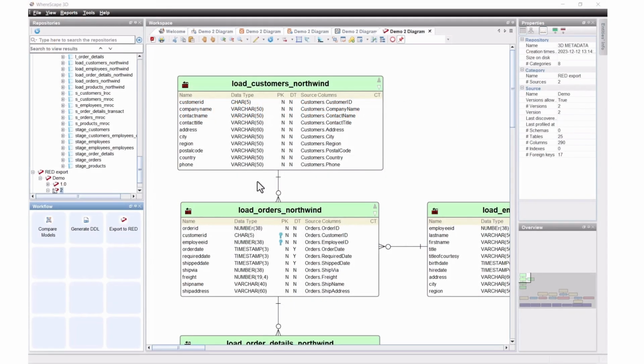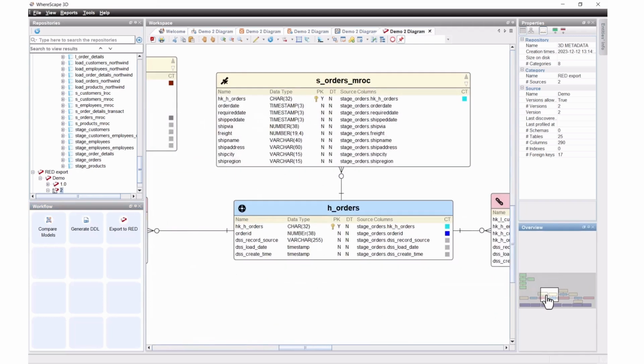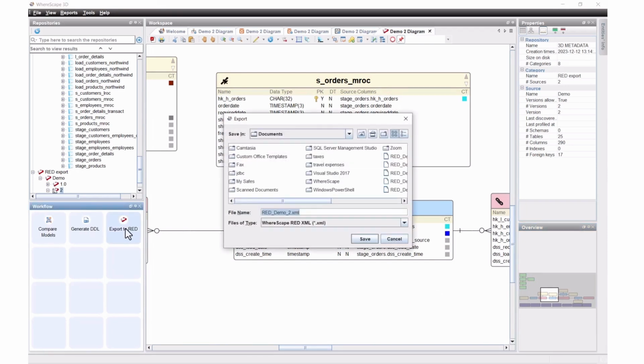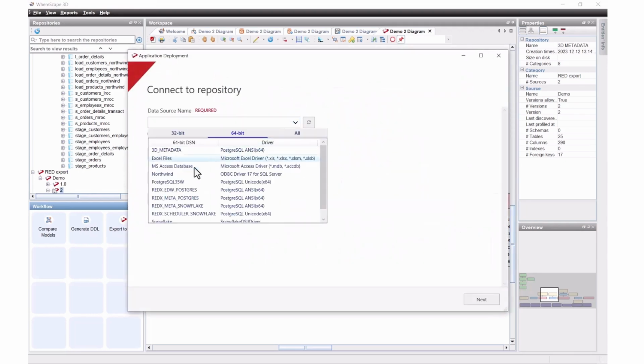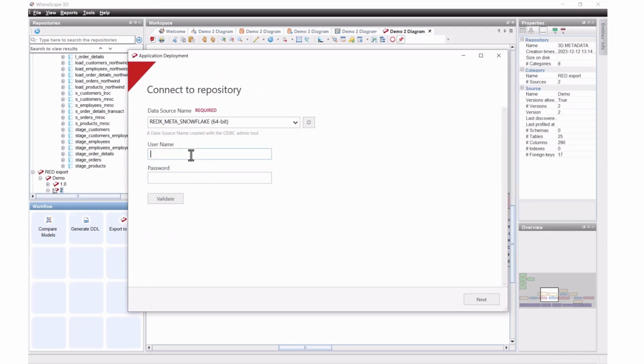All right, we've prepared it for RED. We've told it what the target is, and you'll notice now some of these columns have changed to actual real Snowflake data types instead of the pseudo data types we had before. But now I'm going to export this to RED. Again, RED is our builder tool. It's what's actually going to create the DDL and the DML used to create the data warehouse. I have to tell it where the metadata repository is, give it some login credentials, and make sure they're valid.